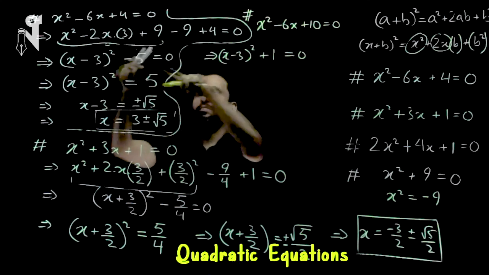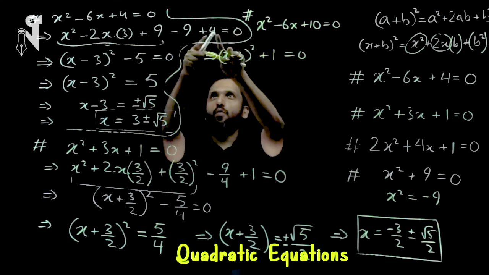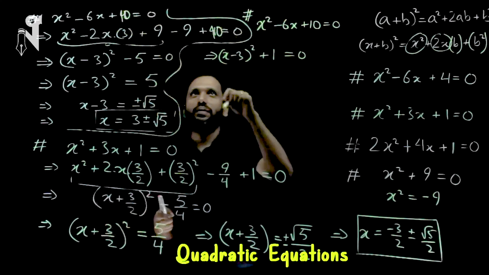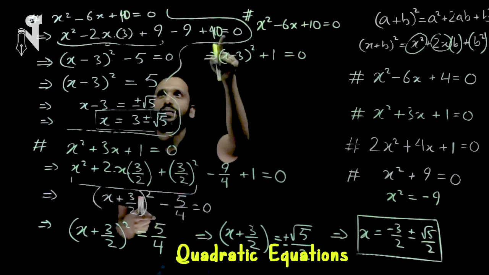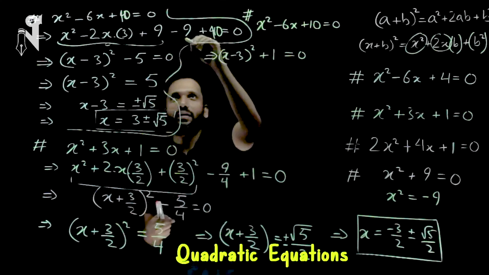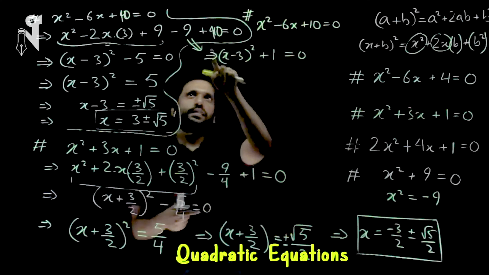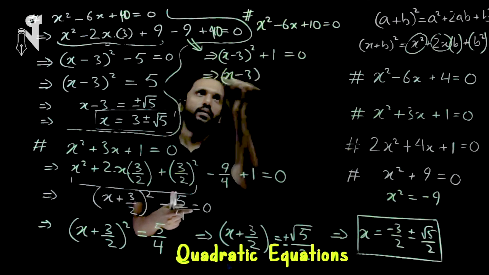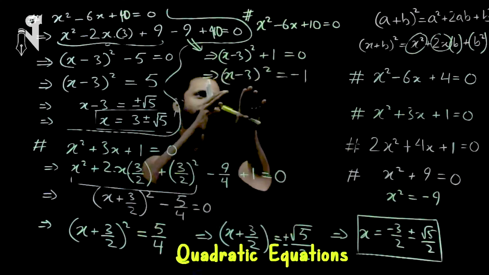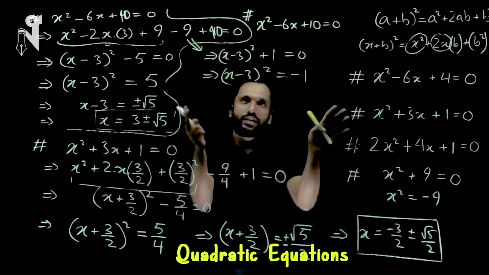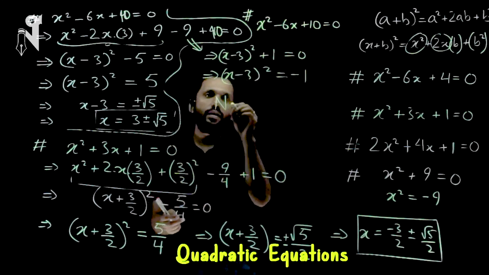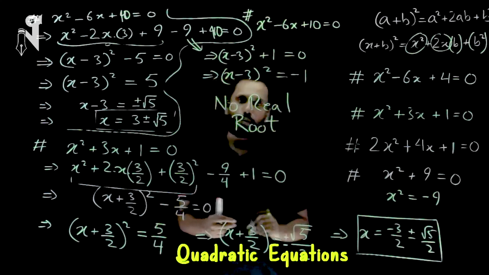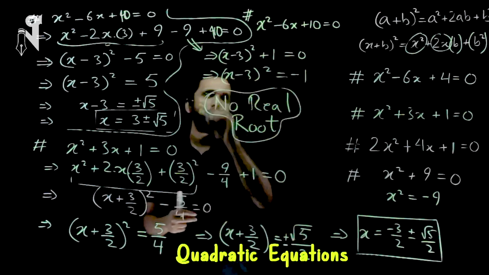If you are doing these two steps, I'm just writing beside, instead of 4, I'll just put a 10 over here. So that's a 10. If that's a 10, then minus 9 plus 10 becomes a plus 1. So you can just come over here and watch. So plus 1 is equal to 0, which means x minus 3 whole square is equal to minus 1. Something square a minus 1, not possible. So we'll just stop over here and say no real root. There's no real root to this equation.